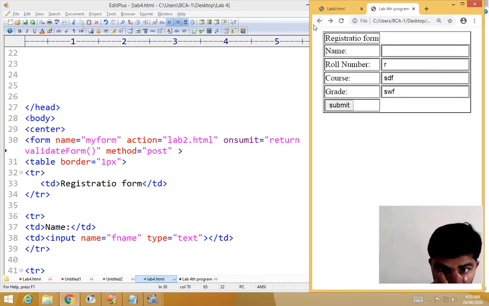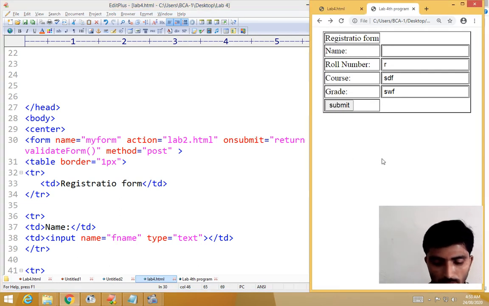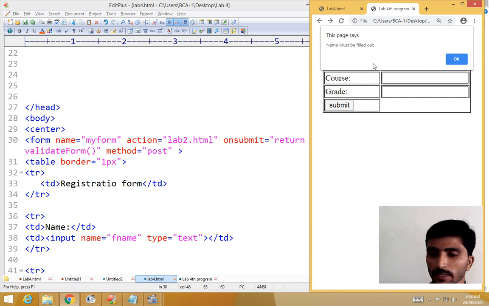Sorry, this again is onsubmit, onsubmit. Now reload. See, now it gives the error, a user friendly error.